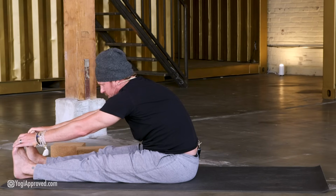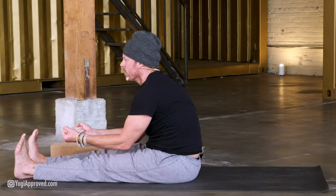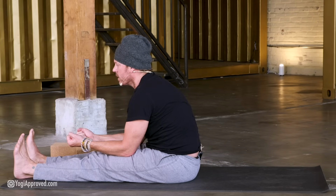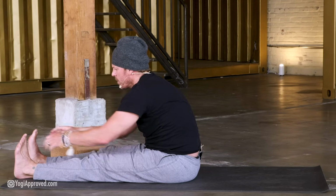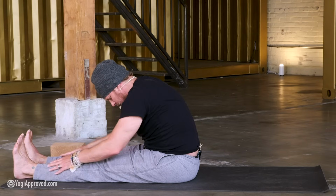And remember, if this is not accessible to you, grab a towel. Just put a towel or a strap around your feet and just hold on to that towel. Just hold on to it and just kind of hang out here and breathe into it. And your hamstrings will open up with time. You just have to be patient. Slowly, let's